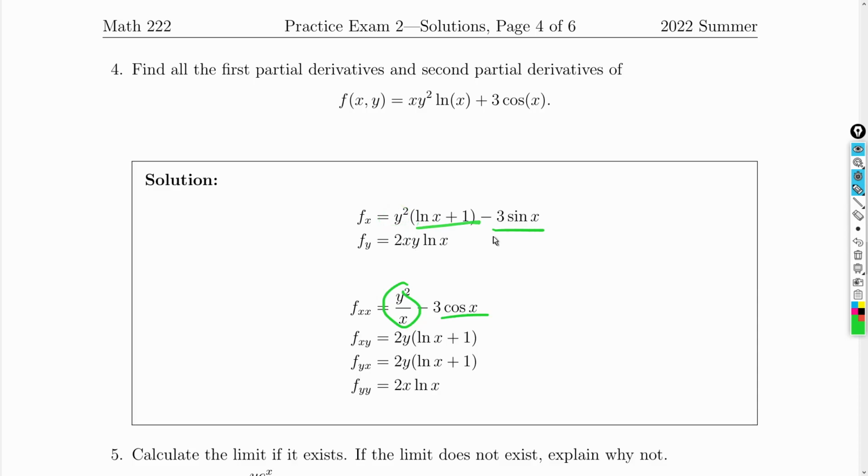Taking the y derivative now, this term goes to 0. And this is treated as a constant with respect to differentiation by y. So we only take the derivative of the y squared, giving us a 2y, and then times that factor. Okay. Now notice that these two are equal, but I didn't do that by just knowing,